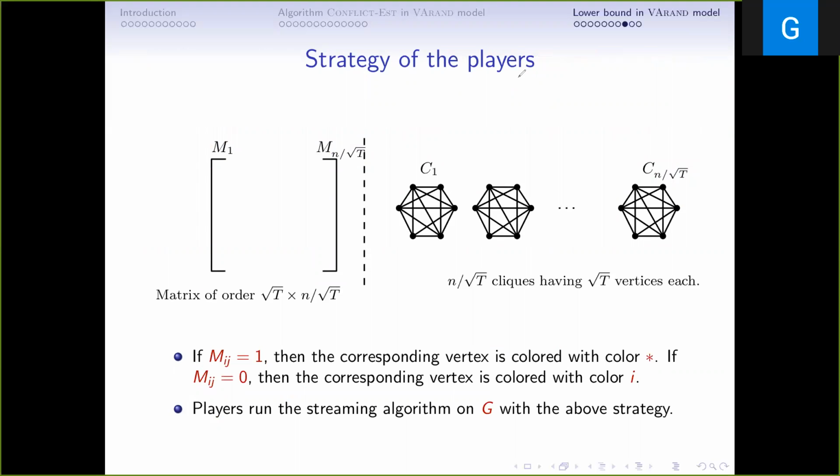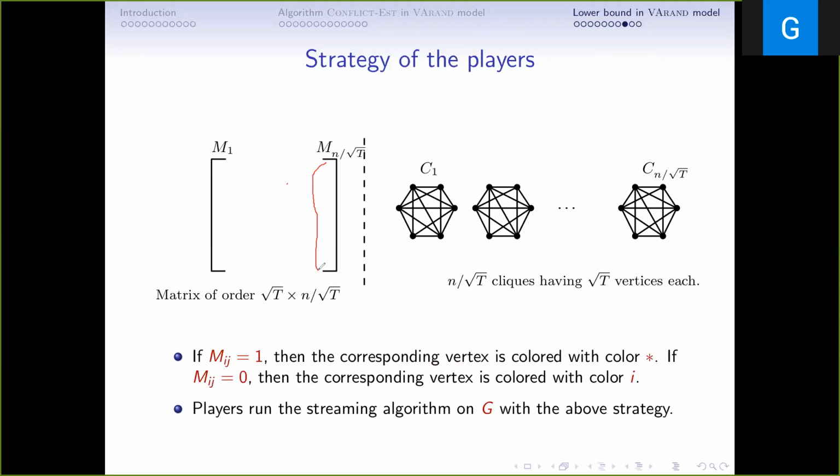Now let us discuss the strategy of the players. The strategy of the players is to use the streaming algorithm for conflict estimation to solve the disjointness problem. Here the strategy of the players is such that they want to color the vertices of the graph. Why are we not bothering about the insertion of edges? Because our graph hard instance is fixed. We are only playing around with the colors assigned to the vertices. So the players have a strategy to assign colors to the vertices of the hard instance in such a way that